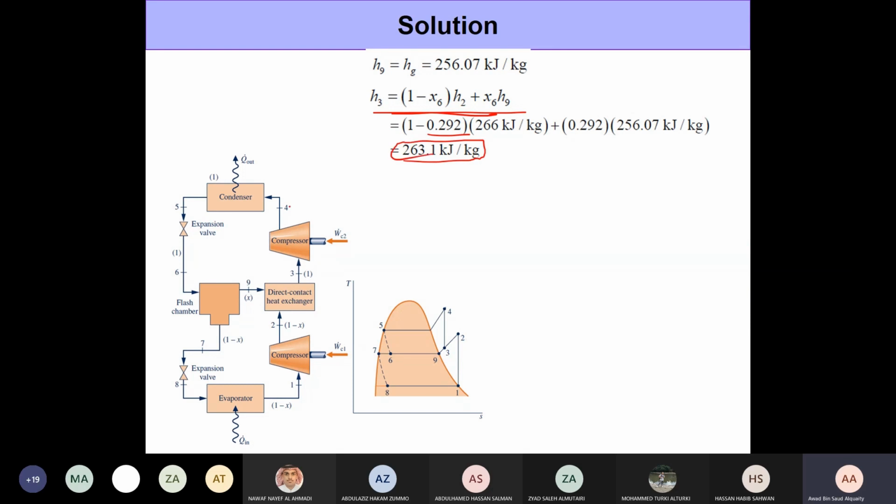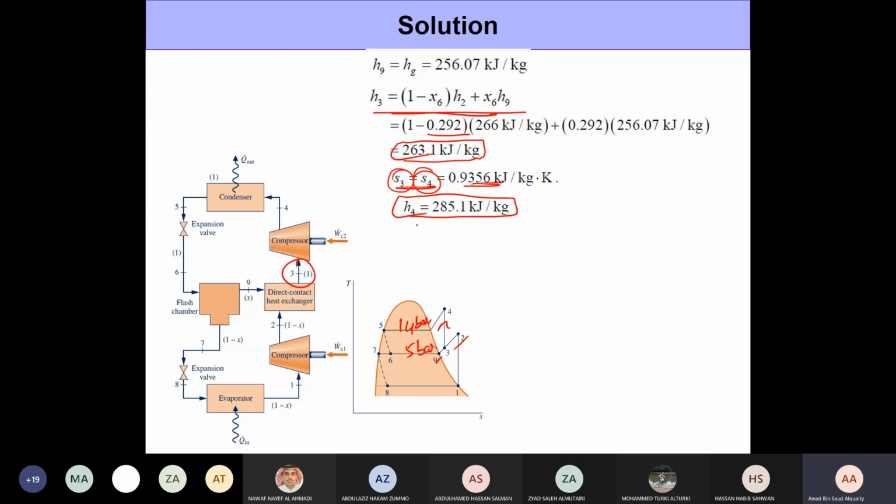Now, once we get h3, determining h4 is very straightforward, right? So you have enthalpy at state 3. We also know the pressure of state 3. The pressure of state 3 is the same as 5 bar, same as the pressure of the two streams that are coming in. So using this pressure and enthalpy, we can locate state 3 and determine its entropy. And the entropy at state 3 will be equal to state 4 because this is again an isentropic compression process. And now for state 4, we know the pressure at state 4, we know its entropy. So using that, we can locate state 4 and by interpolation, determine the enthalpy at state 4. Okay, so this would come out to be 285.1.